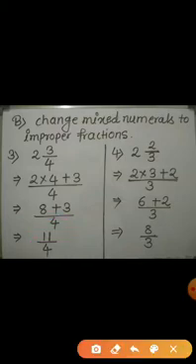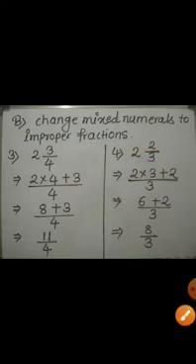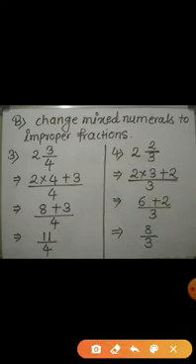Now see the last example. The mixed numeral is 2 and 2 by 3. Let us convert it into improper fraction. First we multiply 2 and 3, that is the whole number and denominator, and then we add numerator to it. So 2 into 3 plus 2 upon 3. In the next step what we will get? 2 into 3 is 6, plus 2 will come down as it is and denominator will be same. In the next step I have written the addition of 6 plus 2. 6 plus 2 is equal to 8 upon 3. Hence the improper fraction is 8 upon 3.